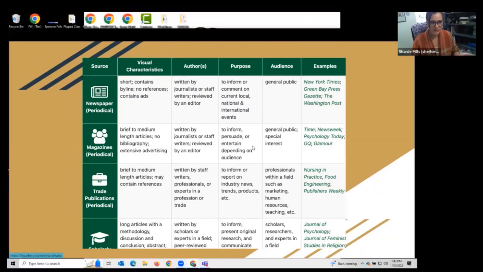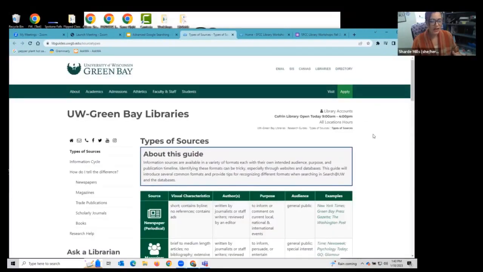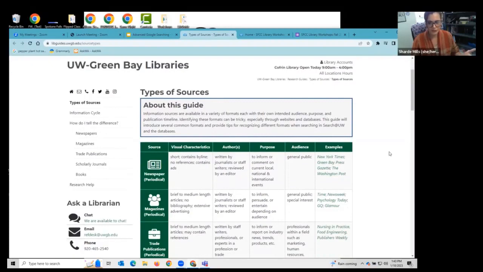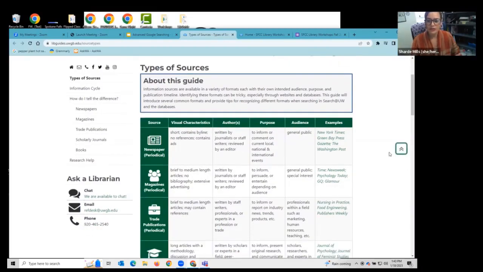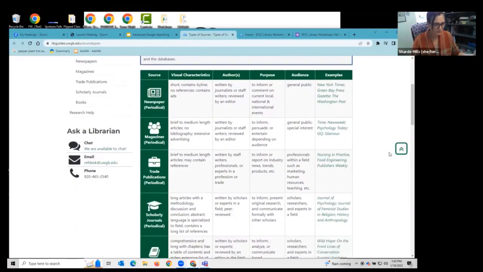A lot of websites are published from specific people. They have specific purposes, and being able to find a credible website, a credible resource for your assignment, really comes down to understanding those different source types. So before I even dig into my example search, I want to take a moment to discuss the different types of sources that we find online.